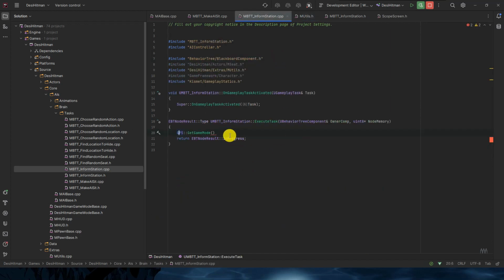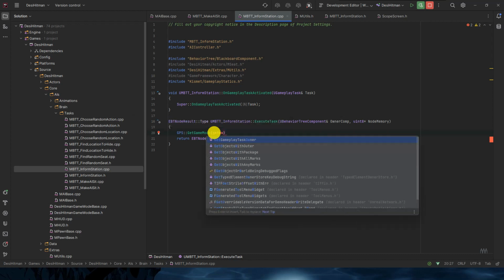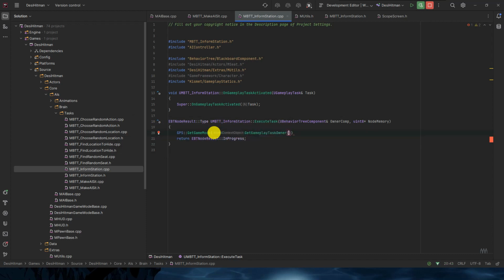No, okay, so we will get it like this, get game mode. Here we have to pass the world context. Get owner, task owner, gameplay task, or let's get this from the owner comp, get pawn.